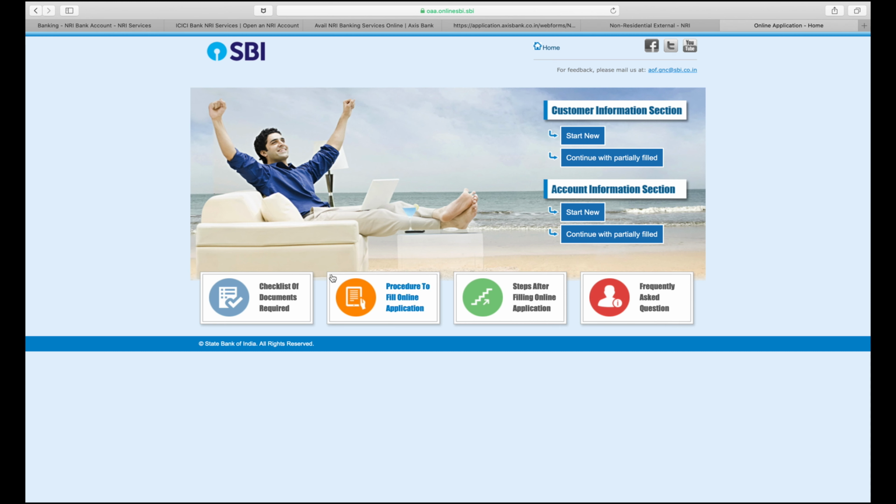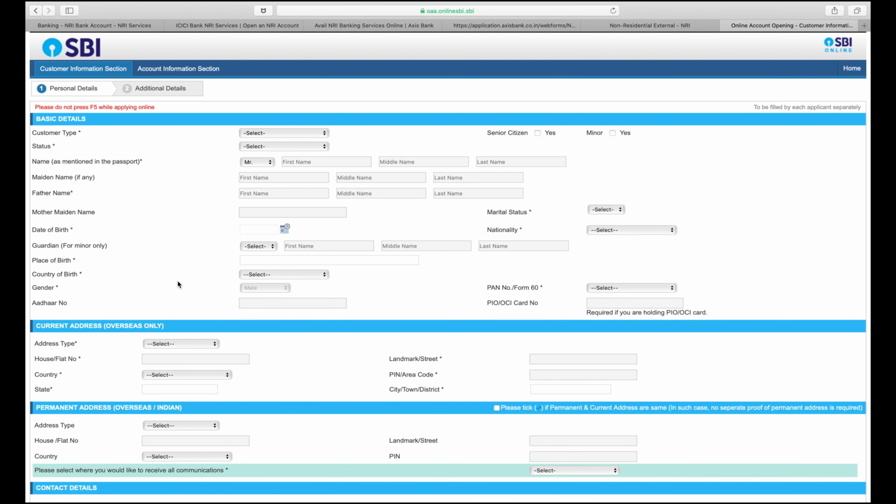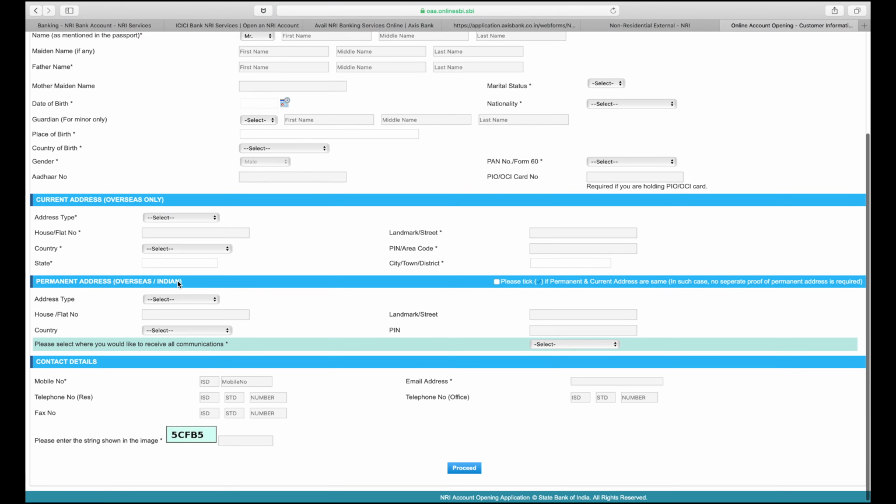And you see this online application form. Okay, there are two different sections they are talking about: the customer information section and the account information section. So for the customer information section, just click start now, that is start new. So here are the details.